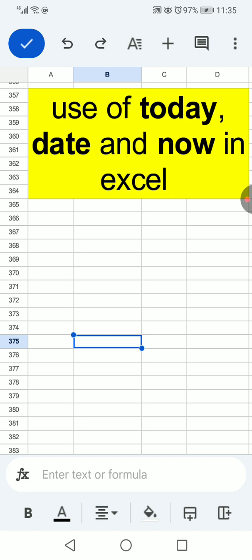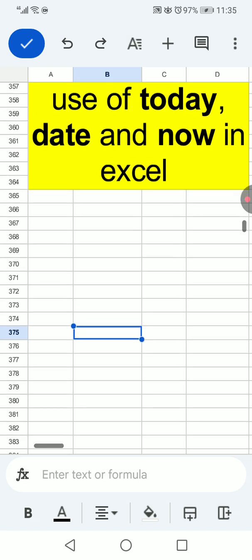Although these are very simple formulas, if you want to use the date, the formula of TODAY would be used. Similarly, DATE and NOW would also be used for date,